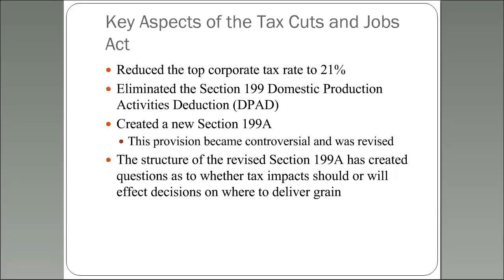And you may have seen everything that got very controversial because of the way the language was written, and whether it was intended or unintended. There was the consequence that there would be a huge advantage, or could be an advantage, to delivering to a cooperative, and they called that the grain glitch. And even the legislators that worked for it said we did not intend to create this grain glitch, and so that created a long debate of revising Section 199A. And so now we do have a revised 199A, and so then that creates kind of the opposite question of, is this